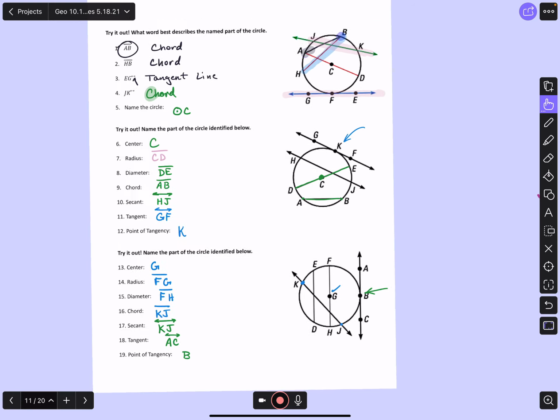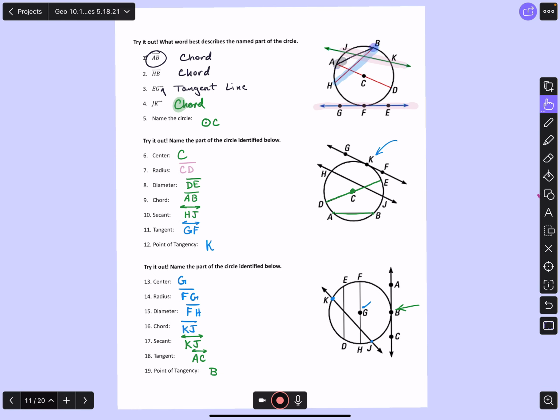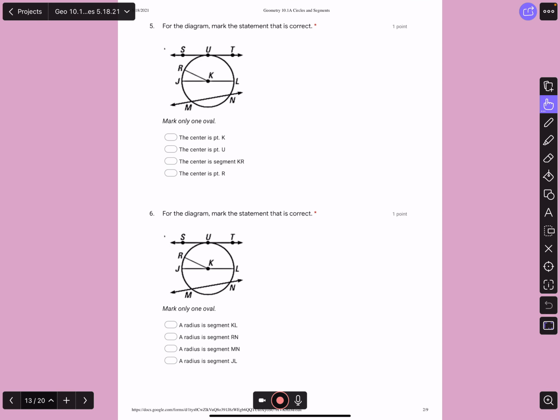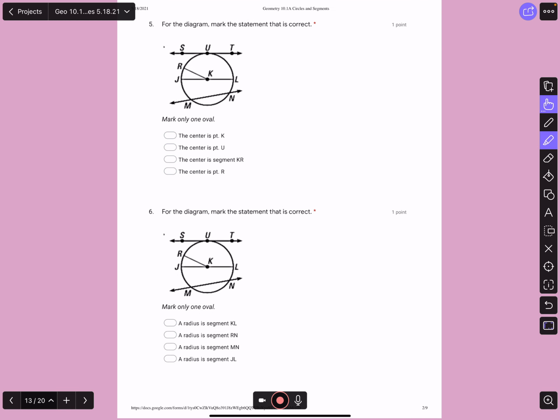Okay. That's it for today. Your assignment is basically here's a diagram, and we ask you several questions, and you just have to pick the one out of the lineup that is true. Is the center at K, at U, at segment KR, or